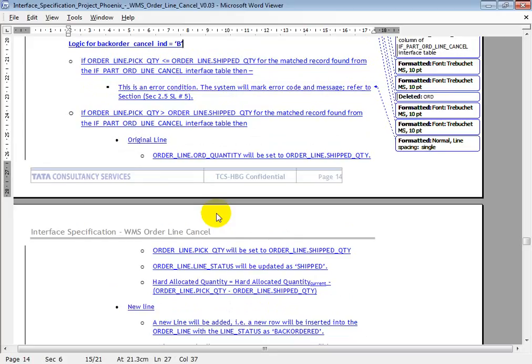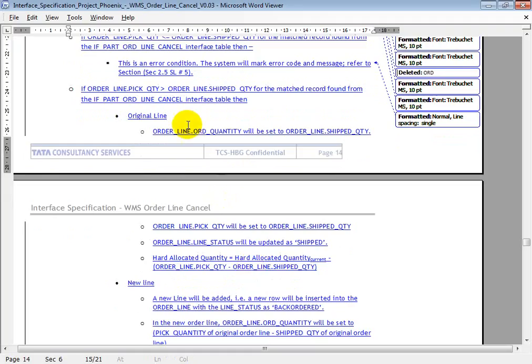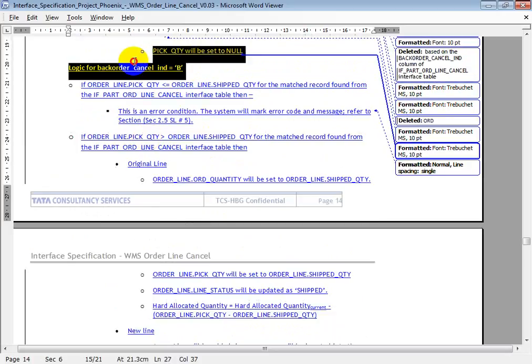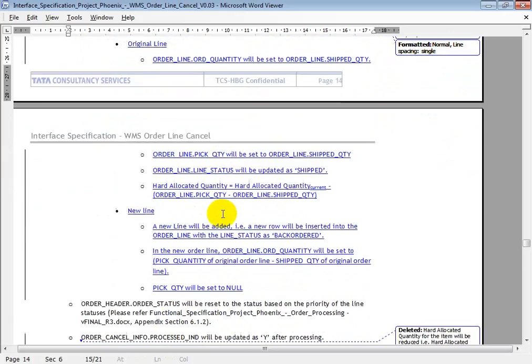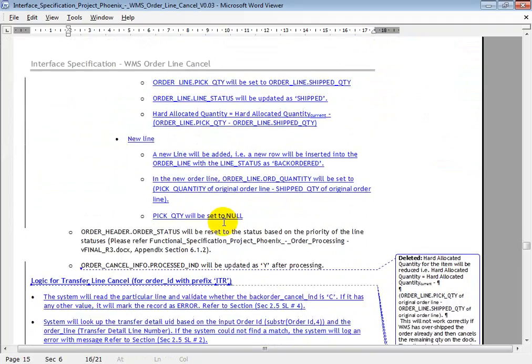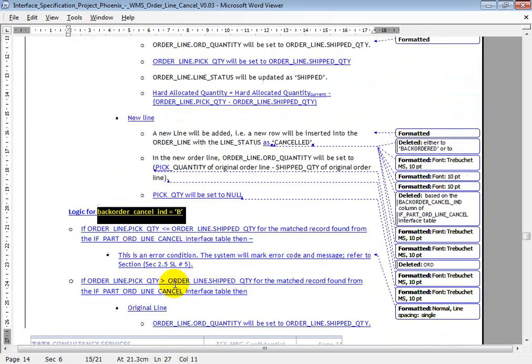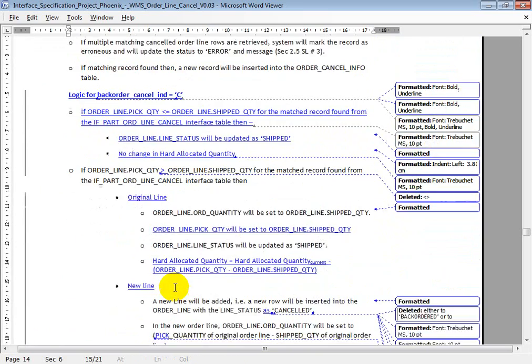then that particular number of quantity will be updated to backorder, and the remaining quantity will be updated as shipped. This is with respect to when the backorder cancellation indicator is B. Okay, then when it is C,